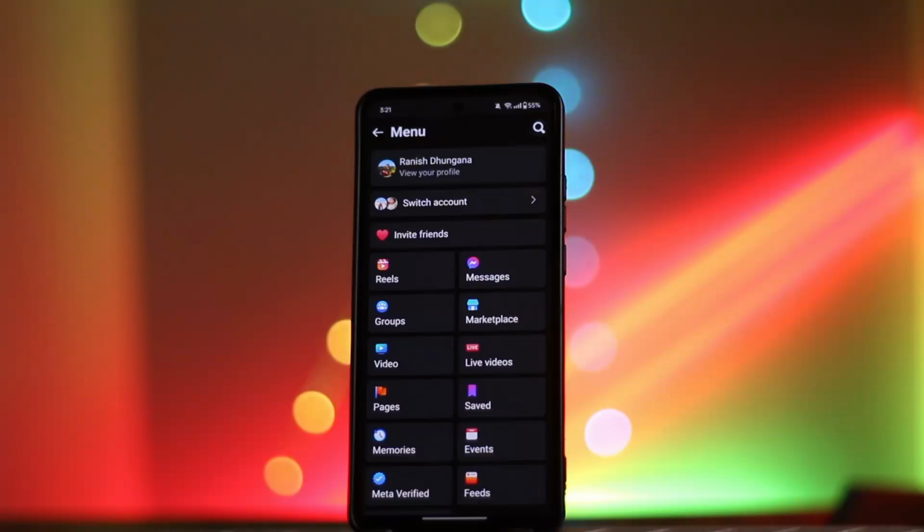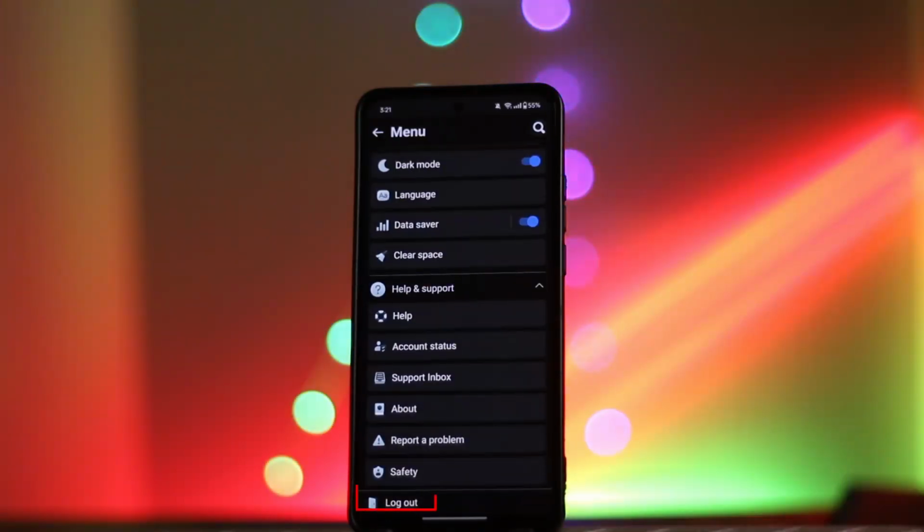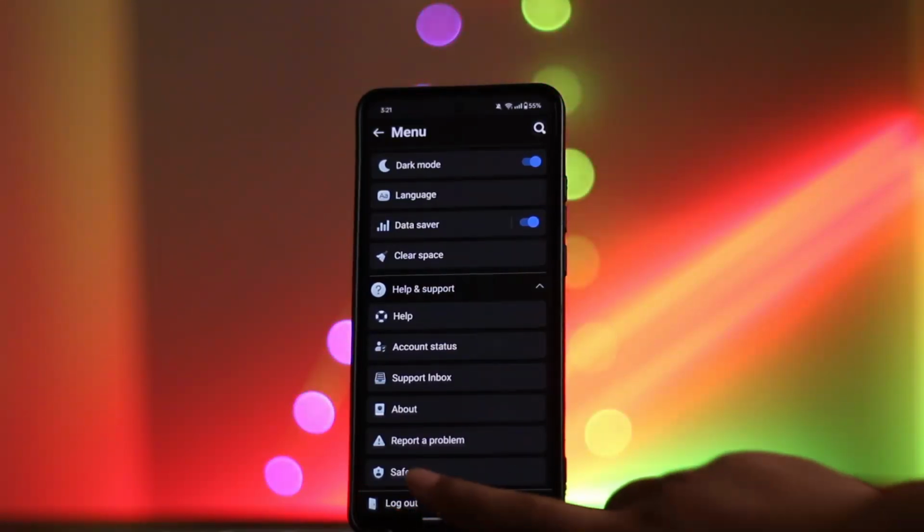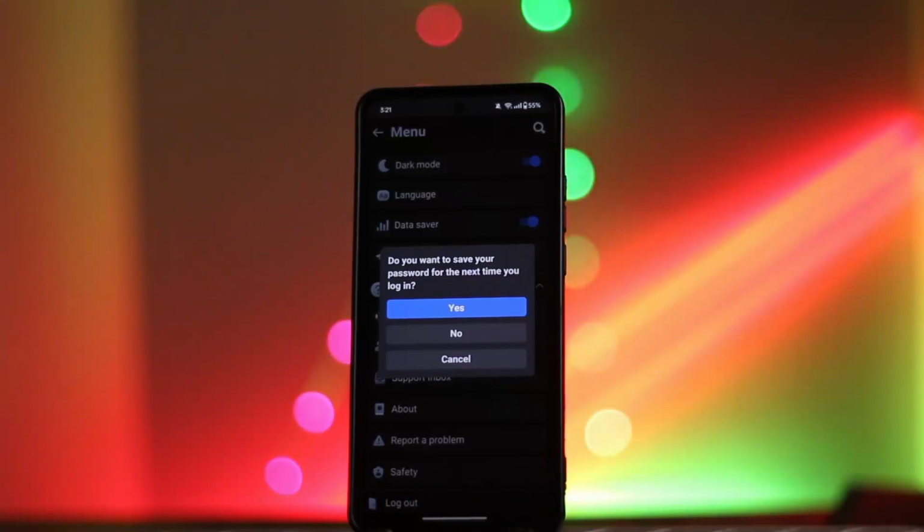From over here, what you're going to do is simply scroll to the bottom of the page, and then you can see the option which says Logout, which is at the end of the page over here. Just click on Logout. Now it will ask you if you want to save your password for the next time you log in,